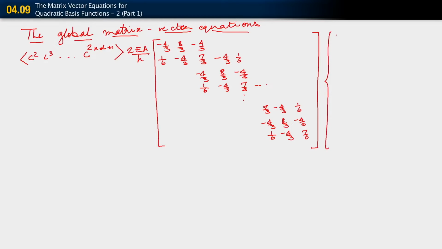The D vector that we get here is D1, D2, D3, all the way down to D2NEL plus 1. Now this is equal to a vector which here is C2, C3, up to C2NEL plus 1,